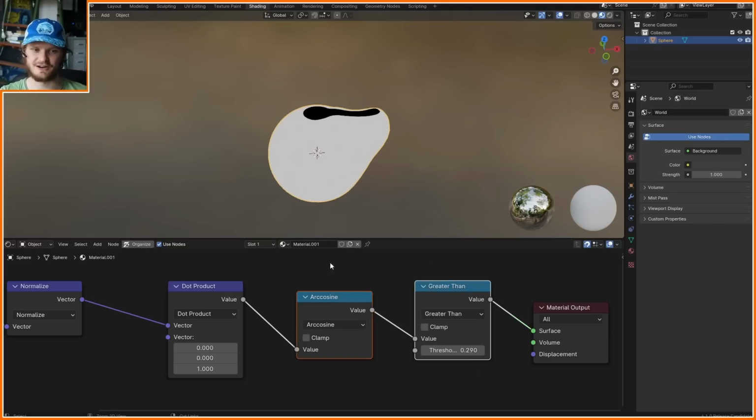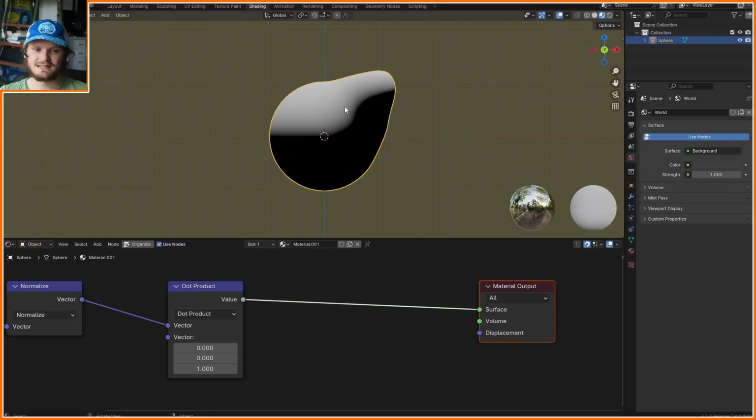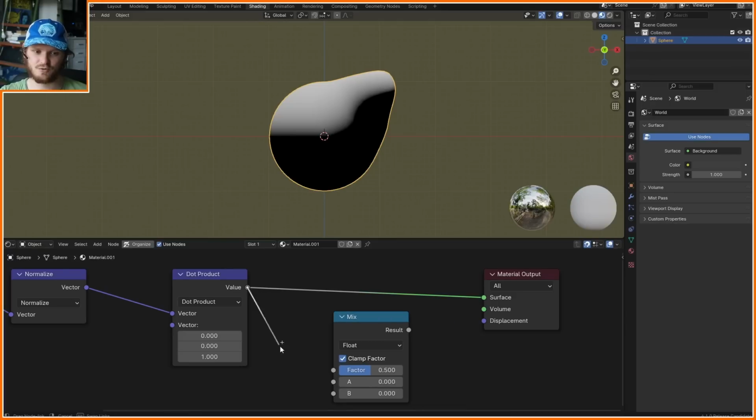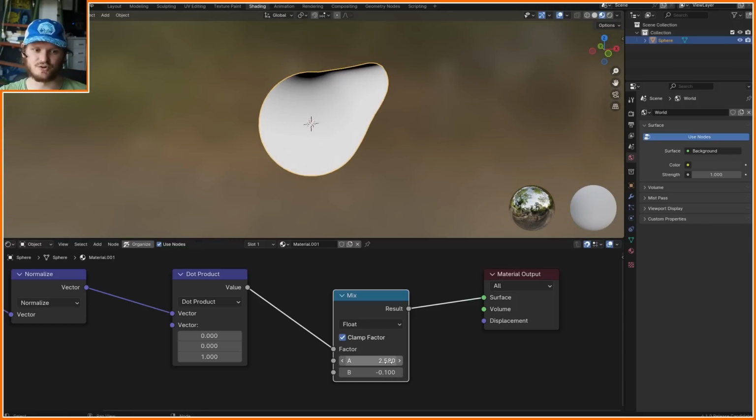Now, it turns out we don't actually care about this because we can still use this -1 to define something, but let's stick with that. So let's say that we have moss on the top and not moss on the bottom. Remember, we do have this mix node we've been talking about where we can make this the factor. So I can make one of these 1, the other 1.5, and as I decrease this value, it will basically choose what value depending on what is black and